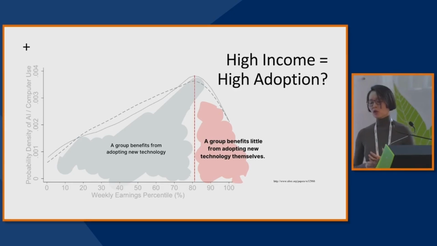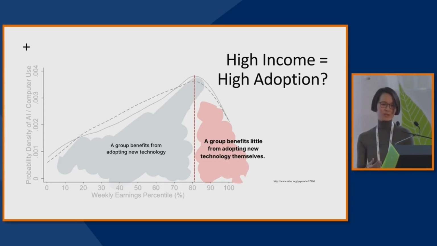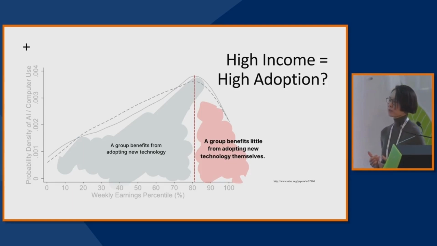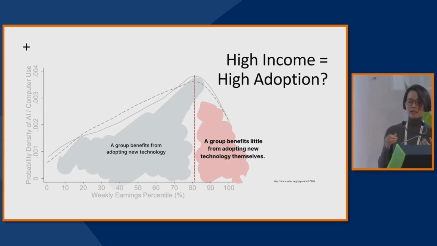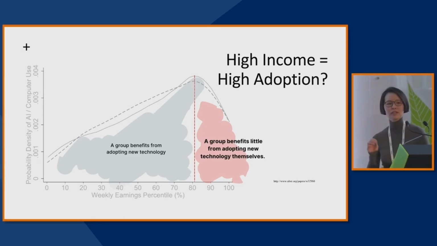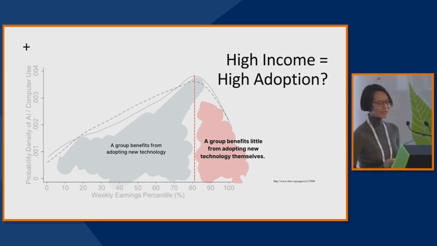Most of them no longer do hands-on work. A lot of them manage people. They no longer need to process data themselves. For example, if they want a report, they will ask their team to come up with a report for them. So the need for that group of people to start using computers immediately back in the 80s or to start using AI immediately nowadays becomes much lower. That's one explanation. There's also another explanation.